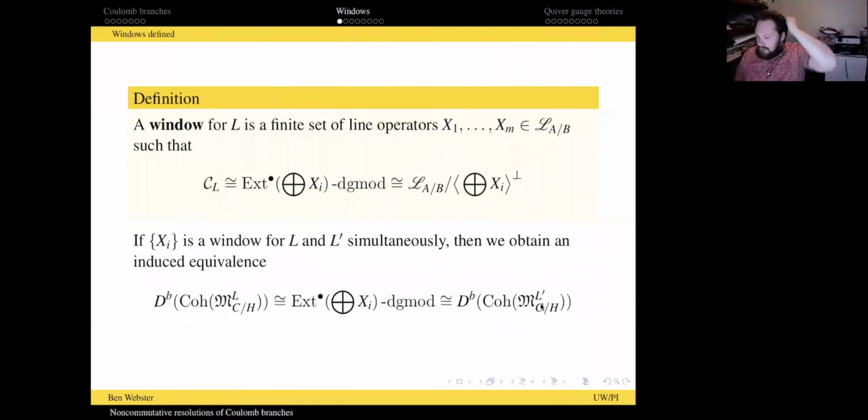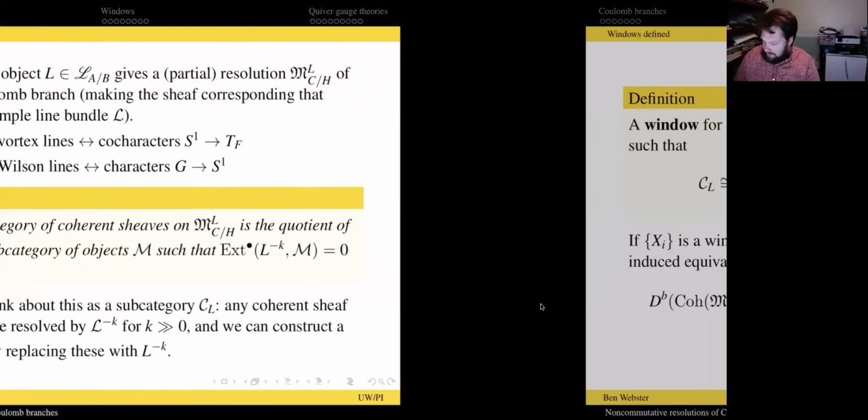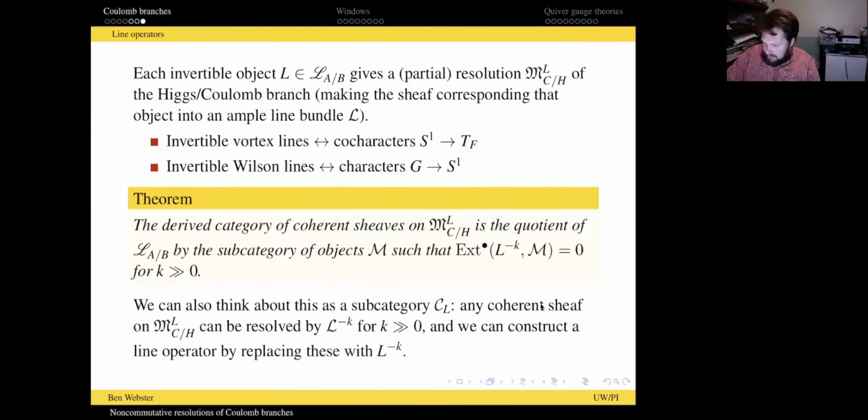So, the thing I was going to say is, sort of canonically, there's a subcategory you can construct basically by taking the adjoint of this quotient functor. And I will probably screw up whether I mean the left or the right adjoint. I guess in this case, probably the left. And the way you can think about this is if you have a coherent sheaf on this partial resolution,